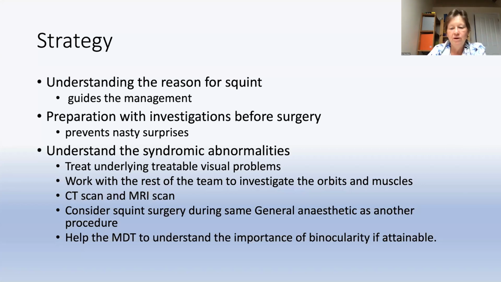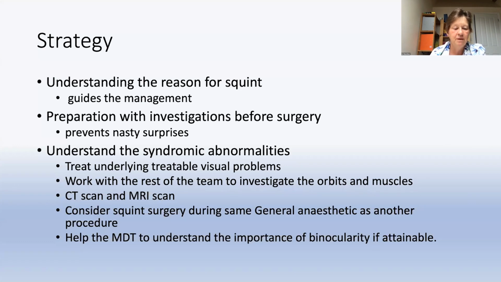We have to treat the underlying visual problems, work with the rest of the team to investigate the orbits and muscles. And this would involve CT scanning and MRI scanning. So many of these children will have already had a CT scan because they want to look to see whether there's suture synostosis. But an MRI scan may not have happened or may not have incorporated the orbits. And we need to see where these muscles are. And indeed, we need to see if the muscles are present at all,